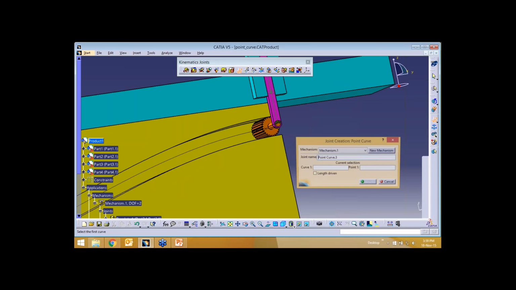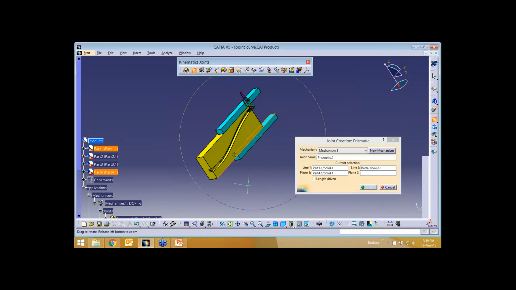Similarly, when you are able to create, after this I'll tell you what the inputs are for each and everything.